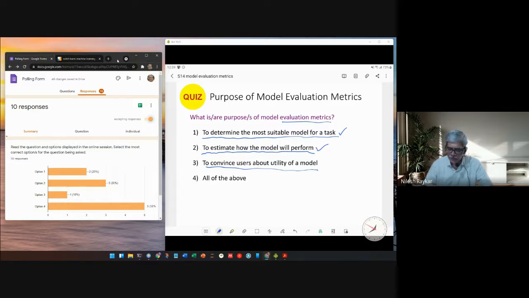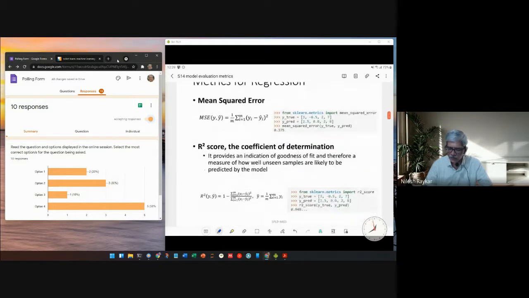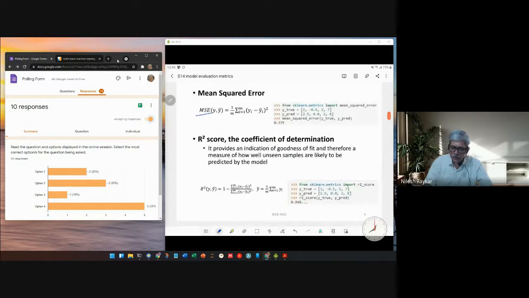So having seen the evaluation metrics, now let's look first at the regression metrics, which we have already seen. So, just repetition. One is the mean square error, which is nothing but our J theta value. And the second is the R square value. We have seen that R square is between 1 and minus infinity. R square equal to 1 means it's a perfect fit, so your model passes through each and every point of your data. It need not be the best model, but that is what R square equal to 1 would indicate.